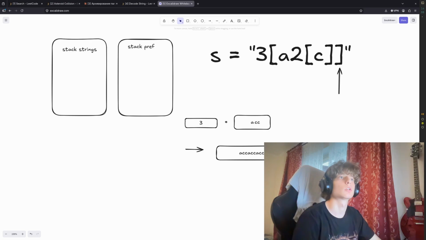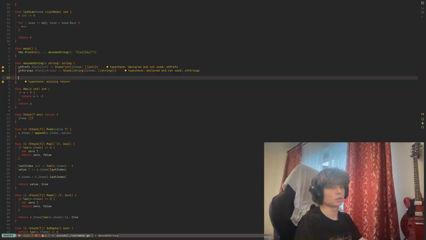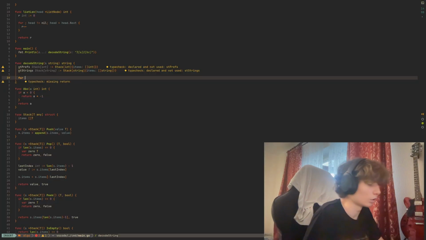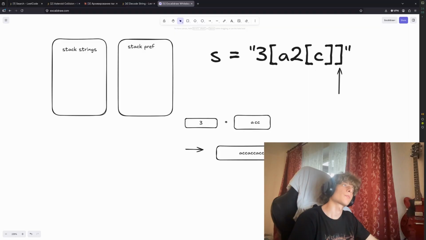So we created two stacks, and here we have three real cases. What could be a character, like for char in range of s? Firstly, it could be a digit,